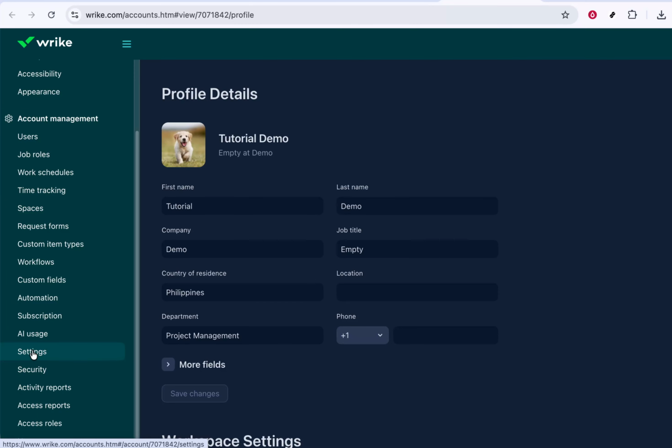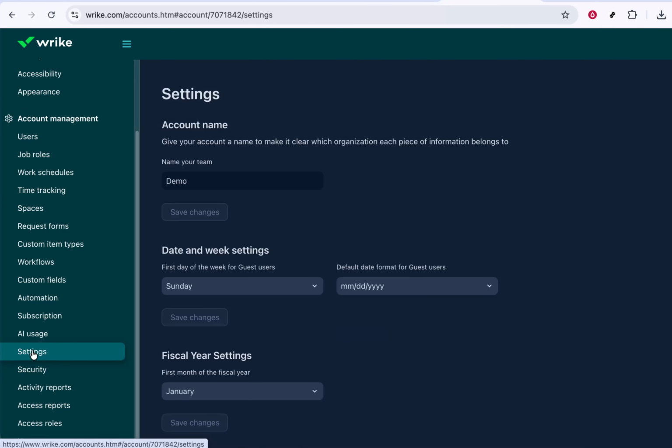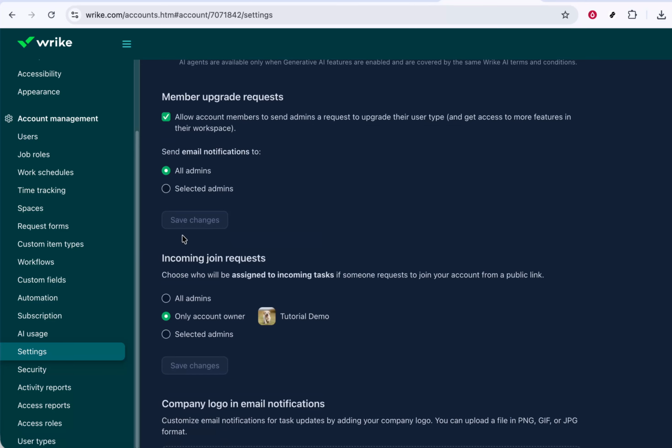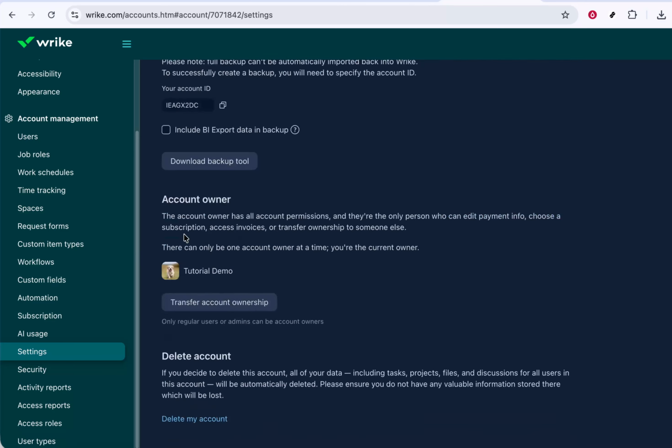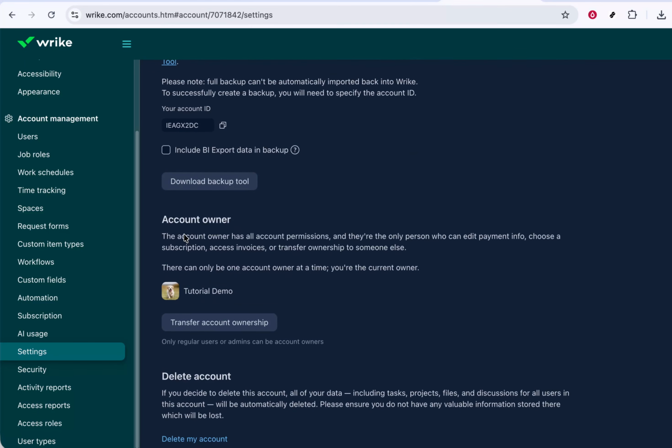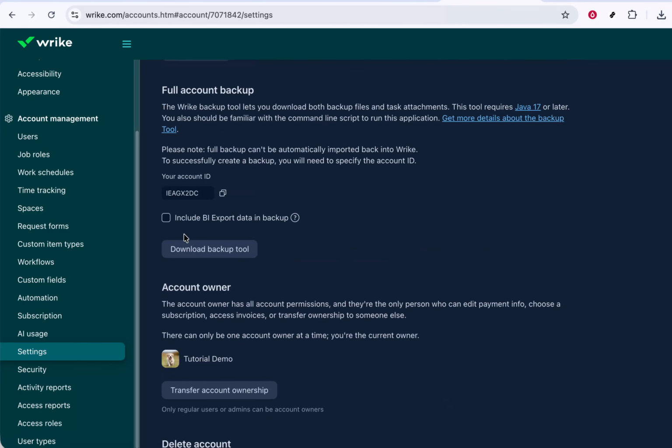If you see more than one settings area, don't worry. You might first land on your personal profile settings. On this first settings page, look again for a settings or account settings option that refers to the entire account rather than just your personal profile. Click on that. This will take you to the main account settings area where only owners and certain admins can